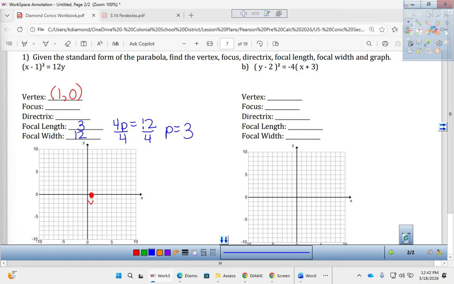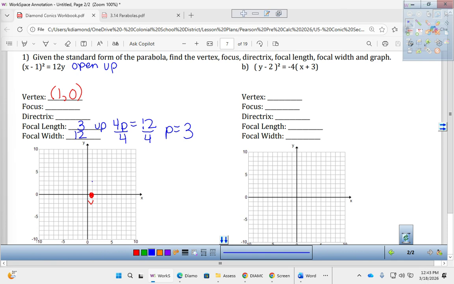So you're used to y equals x squared being your traditional parabola, your U or your upside down U. This is going to be one of those because x is squared. Now if you look on the right-hand side, because the coefficient of y is positive, it's going to open in the positive direction. So this is going to open up, which means the focal length is going to go in the up direction. So I am going to go 3 units up